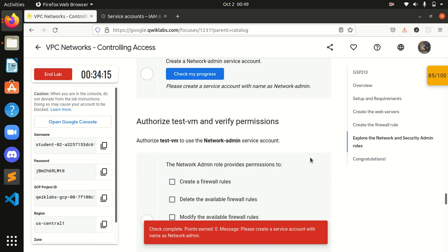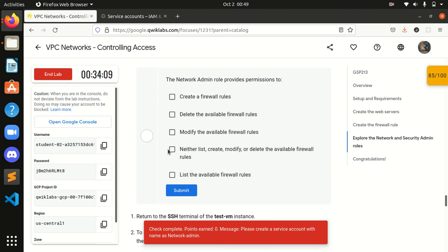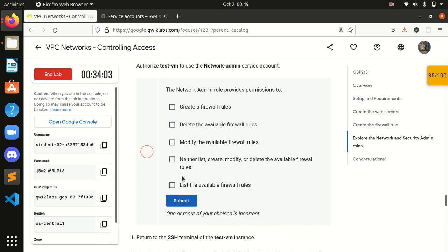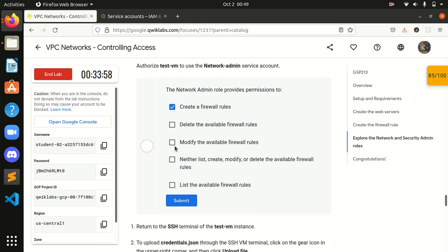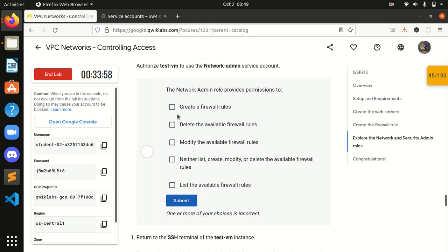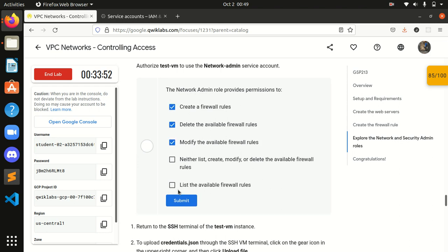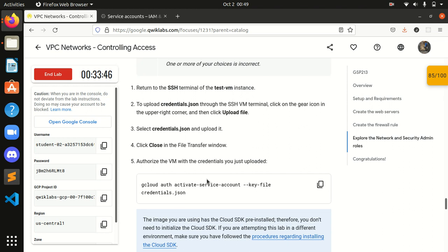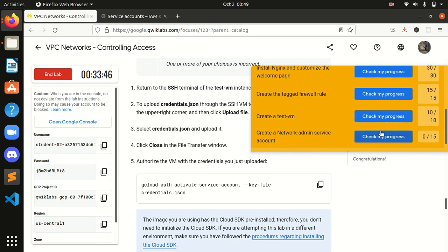Let's go forward. Authorize the test VM to use the network. The network admin role provides permission to create, modify, and delete firewall rules, and this will be the answer. Return to the SSH terminal. Okay, first let's check this again, guys.